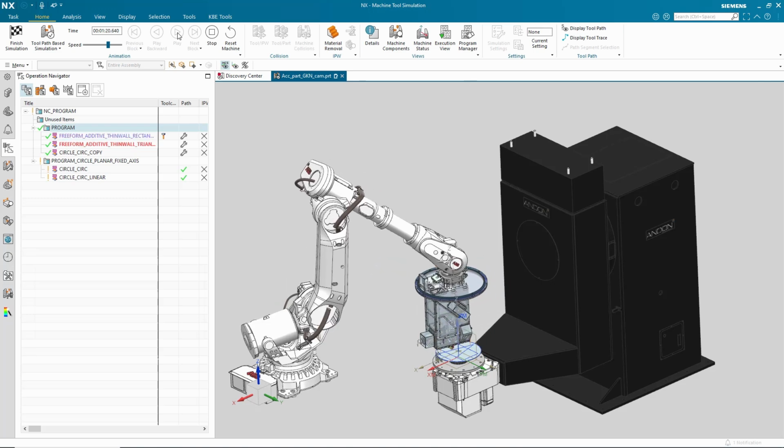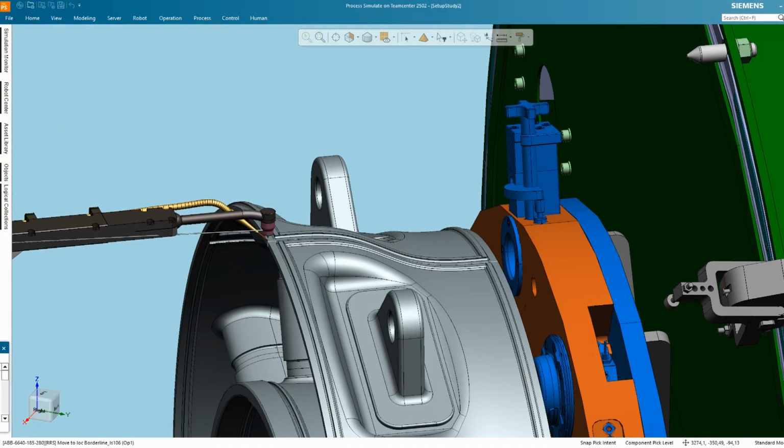We have quite complex processes, and a part of it is that it wouldn't be possible to online program these processes, and some of the environment in which we're working is not very suitable for humans to be in. So using an offline software or a simulation software to perform this kind of work is of course beneficial for us, and also we can do much of the work in advance and we can save time, keep production running as much as possible.